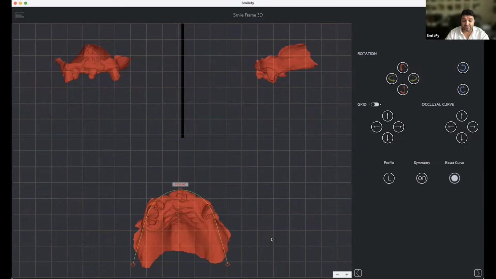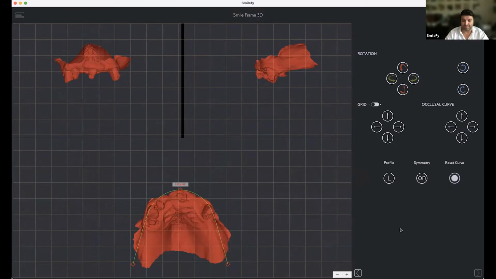I'm going to generate the smile the way it is, because I don't have any other reference. That's a challenging case, because if we have enough landmarks and enough references, everything is fine. But if we don't, then we really need to start somewhere and then see if that works.